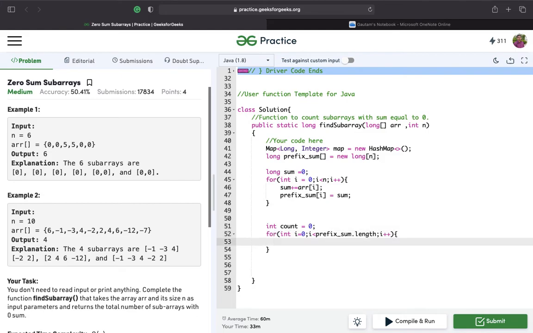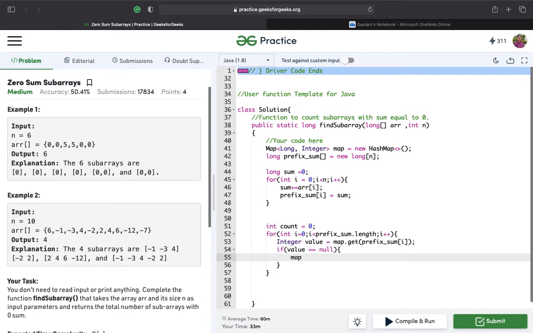Yeah, so now let's try to put all these values in a map first of all. So for that I've used an Integer wrapper class. The reason is that the simple int variable which we use cannot store a null value, but the wrapper class of Integer stores null. So that's the advantage of that, and we'll be using the same over here. Prefix sum of i. So if we haven't found that the map contains a value, then we'll add that value in the map.